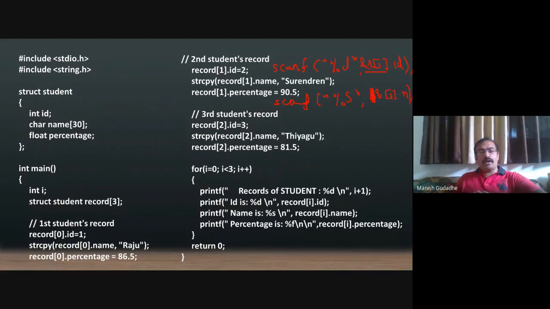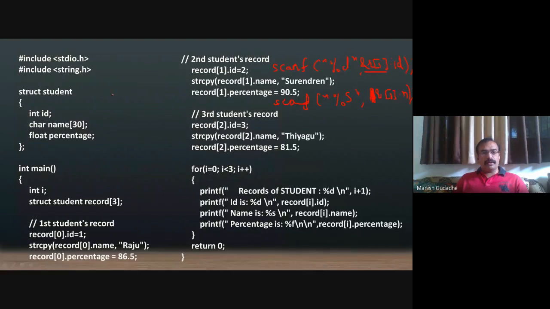See, all the operations which you can perform on a normal variable, they all can be performed on the array element. Okay, there should be no confusion. Like here, records 0, 1, and 2 are separately identified and separately inputted.